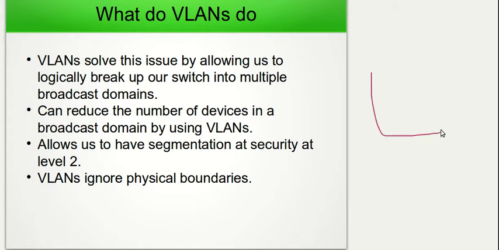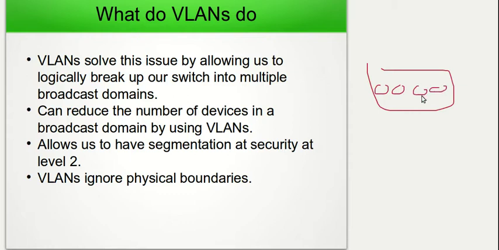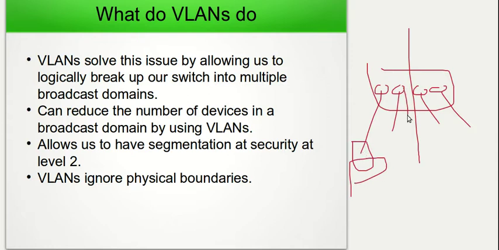So as an example, imagine this is our switch. We have 4 ports on our switch. If we were to separate our switch into 2 separate VLANs, it means that these 4 devices would be in different broadcast domains. What that means is that a broadcast message sent by this device will only be sent at this port. The switch will not bother sending the broadcast message at this port or this port, because those ports